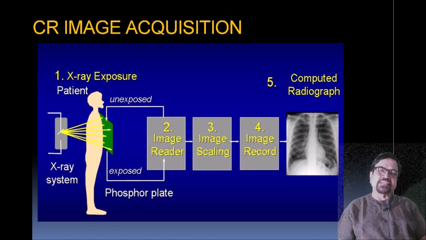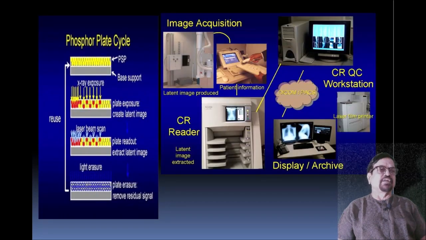Now what the image reader does is scaling. It scales, that means it quantifies the light. How it is done is because of the electrons which go from a higher level to a lower level, they emit the light that is quantified and scaled, and this produces an image in a recordable form, and you can get a display of it.